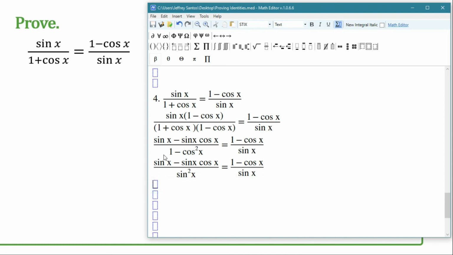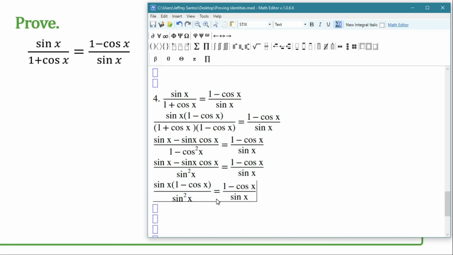So pwede nating ibalik dito sa part na ito para at least ma-factor out natin siya, making this as the sine of x multiplied by, kapag inalis natin sine of x, 1 yung matitira, minus kapag dito naman is cosine of x over the denominator which is sine squared x equals the right hand side, which is 1 minus cosine